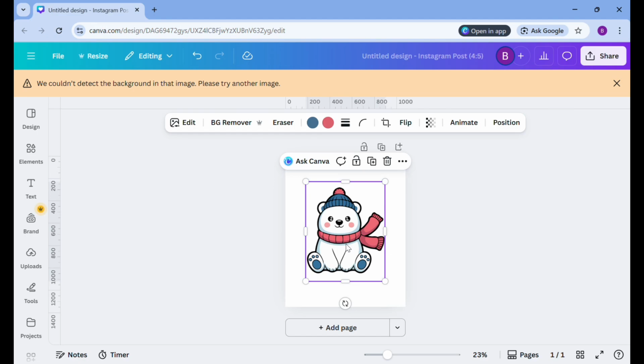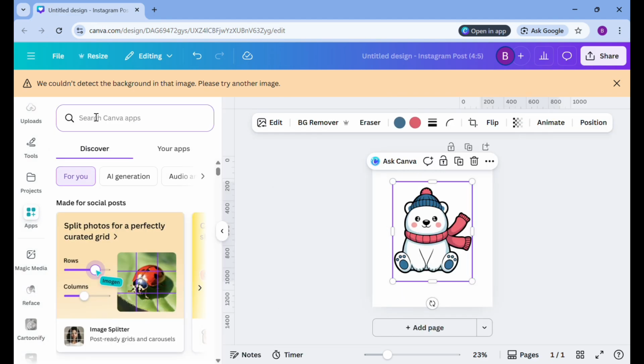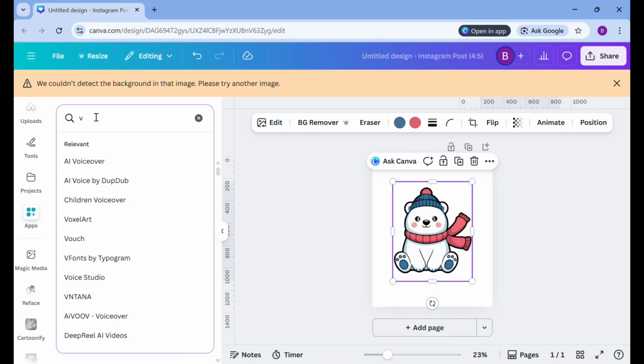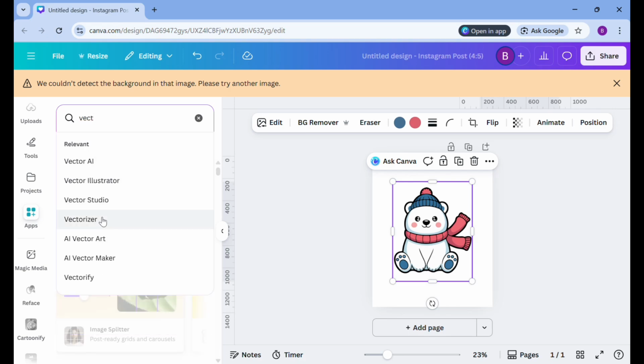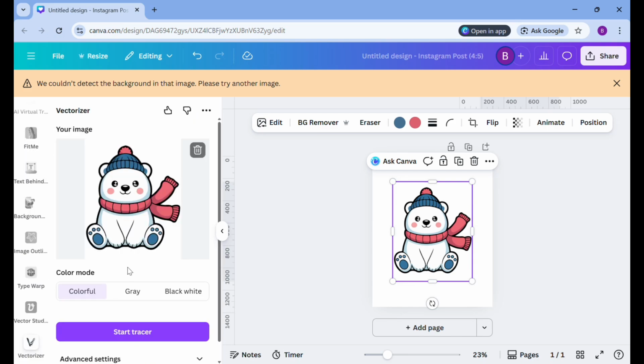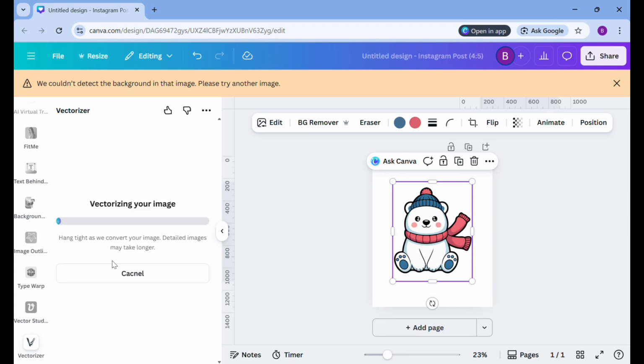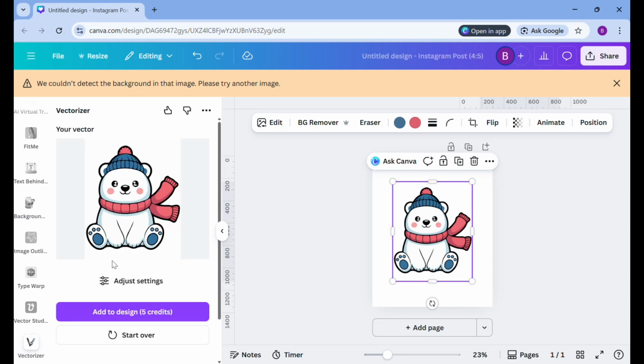like this, and then next, just go to apps, and then search for Vectorizer. This one, just tap on it. And then next, just choose colorful mode, and then just choose start tracer. Okay, like this, and after that, just add to the design,